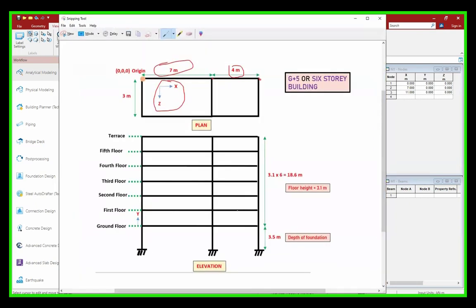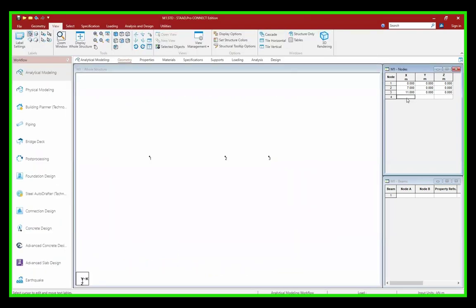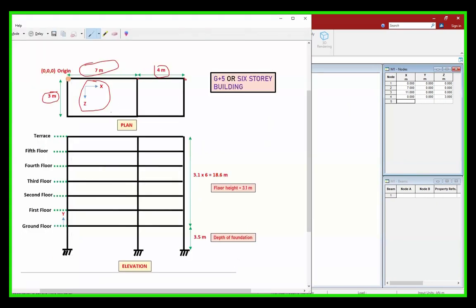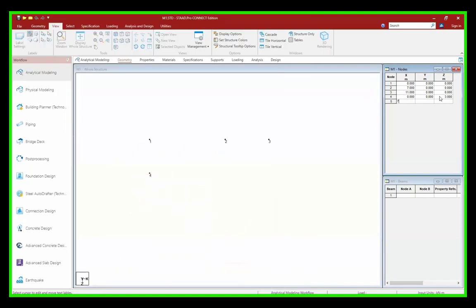Now what is to be done? If you see, in the z direction this is 3 meter, right? And my x would be 0. So I can simply go here, 0 y 0, this is z. All right, so this is the 4th point I have modeled. Now this is the 5th point. x would be 7, y would be 0, z would be 3. So this is the point I have modeled.